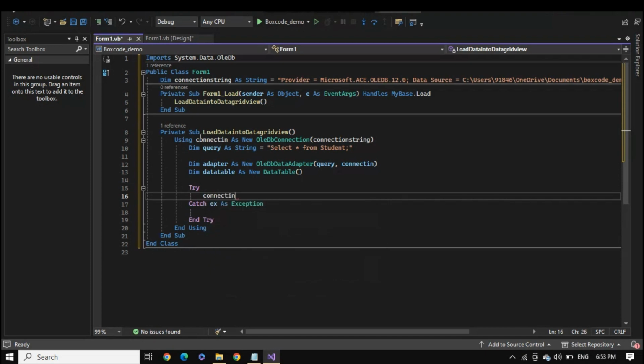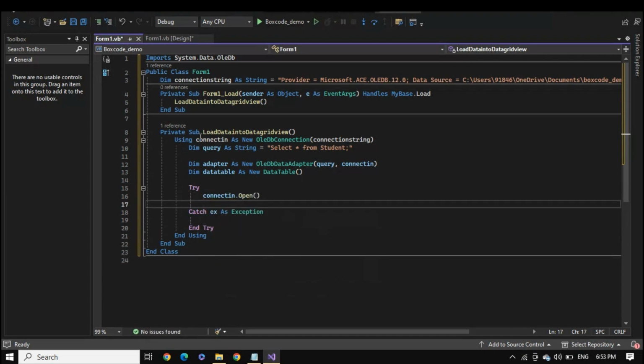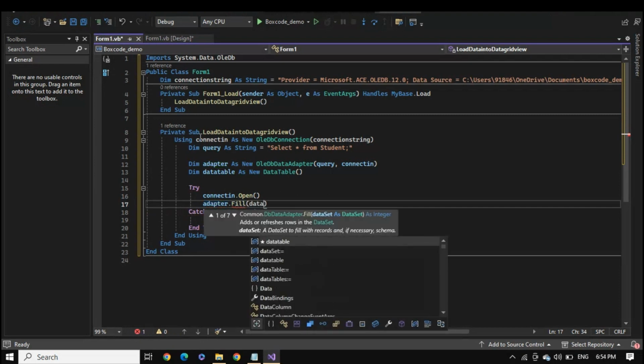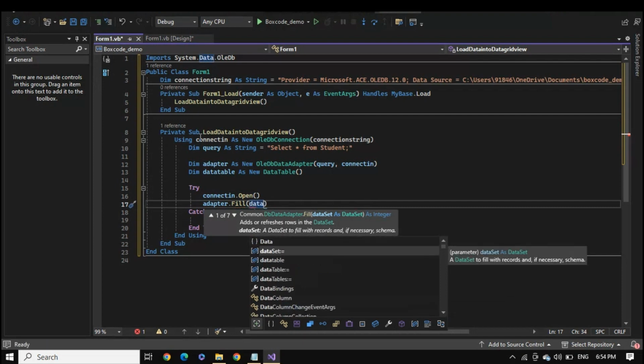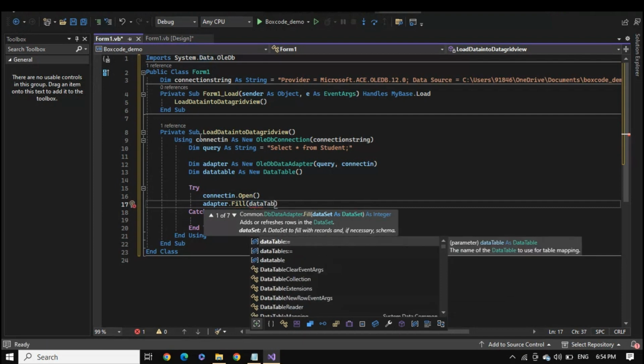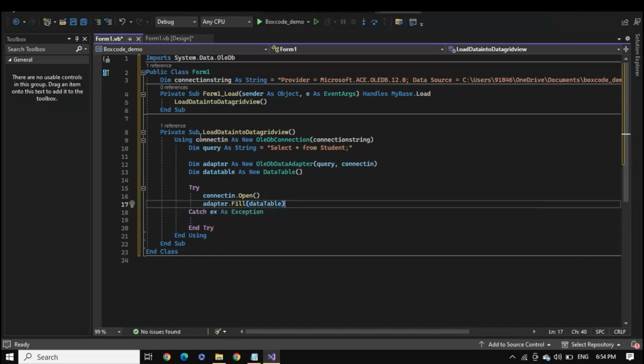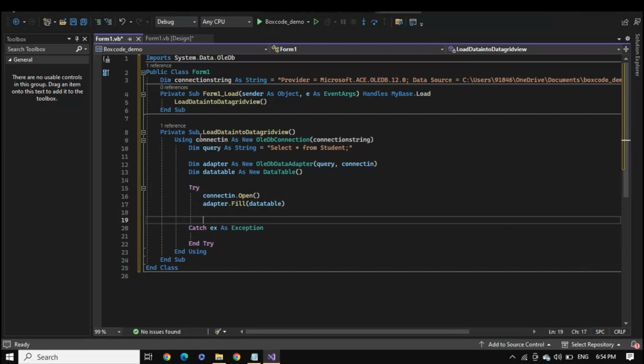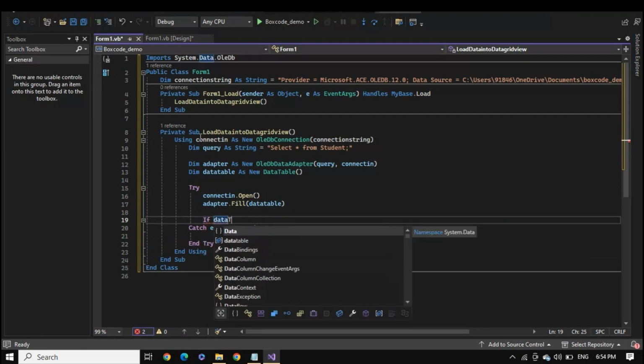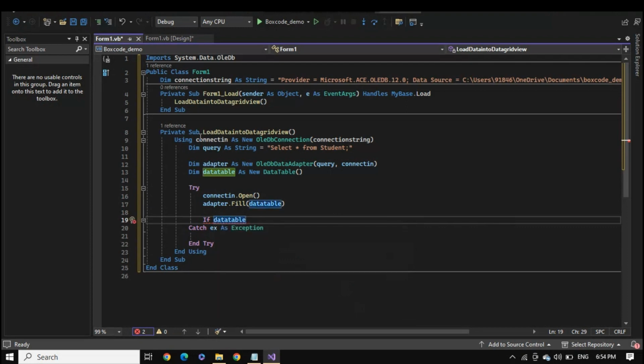In the try block, we first of all open the database connection. Here, we check the data.